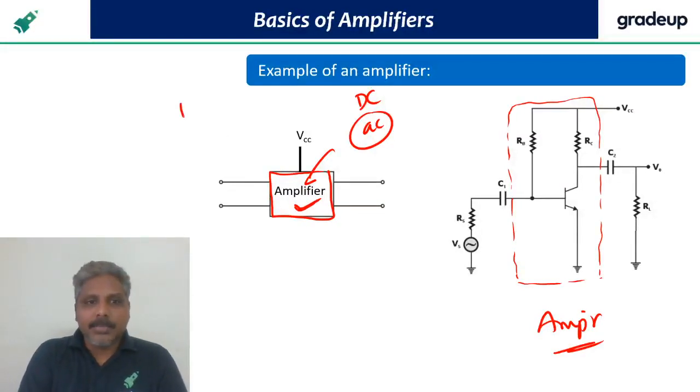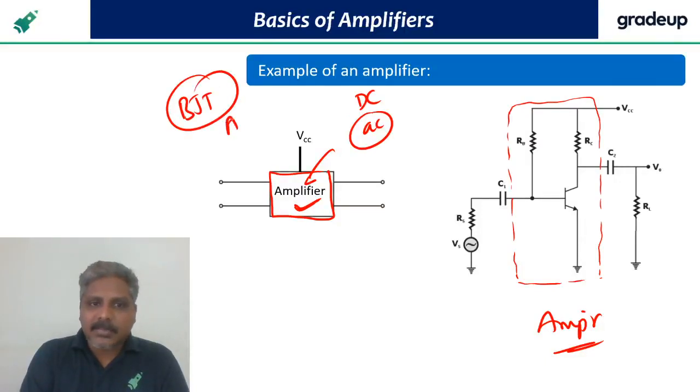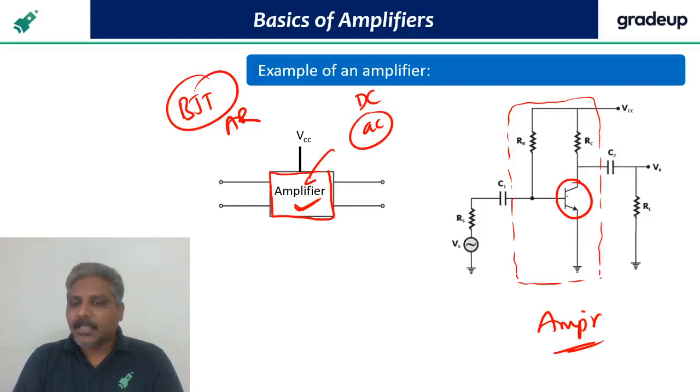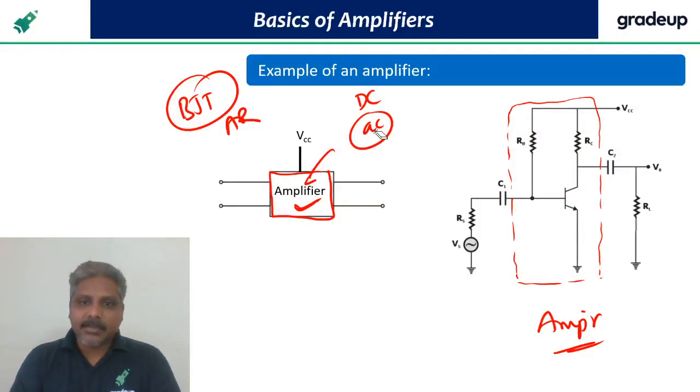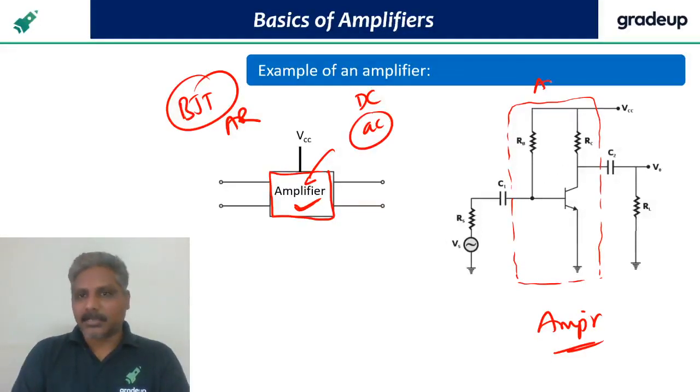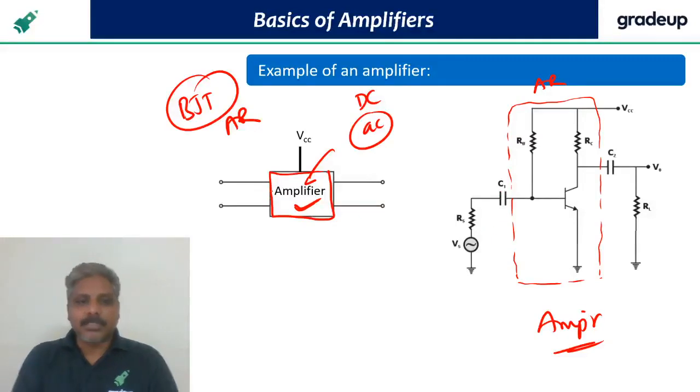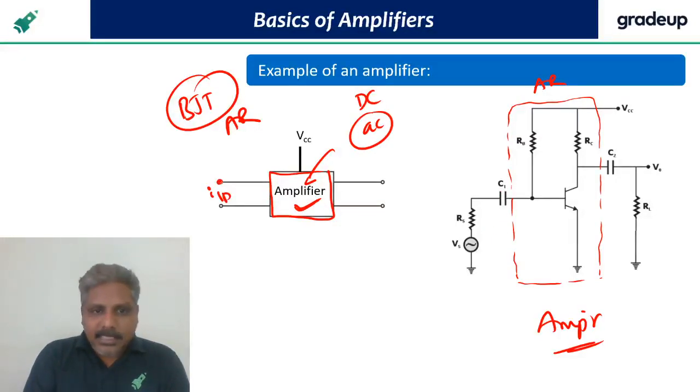Amplifier means what? A BJT must be in the active region. So there is a BJT. And what are RC, RB and VCC for? They are for the active region. That's the fixed bias circuit, right? Do you remember? So these resistors I have connected and this supply are for putting the transistor in the active region. Now it is in the active region. Because the transistor is now in the active region, I can apply the input. This is the input I am applying. This terminal is nothing but this terminal, the ground terminal.